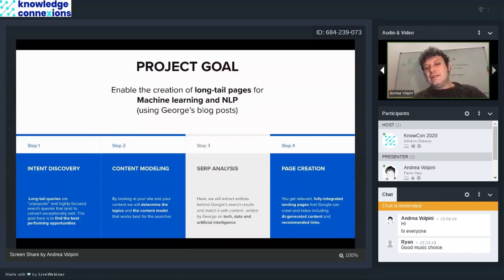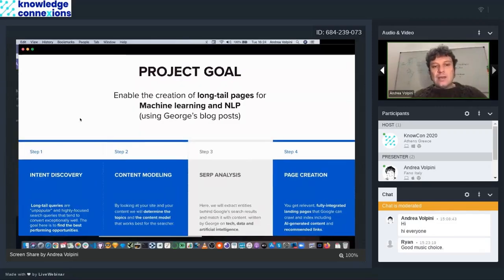And then we will also look at the way in which I analyze the results from Google, and because this is the way in which we then group the content from the website into the page that we end up